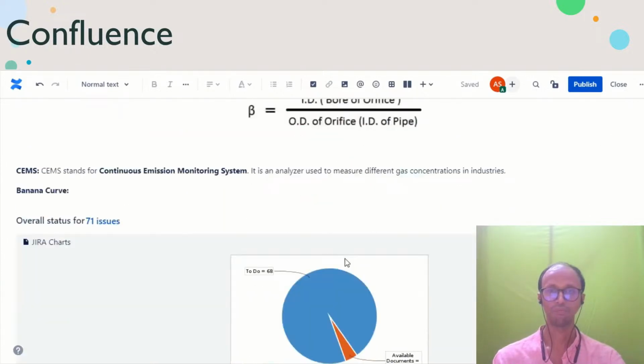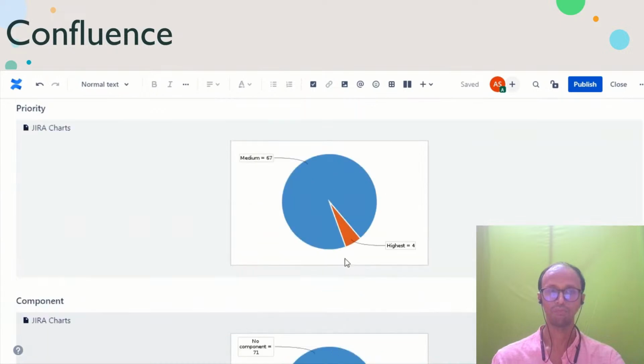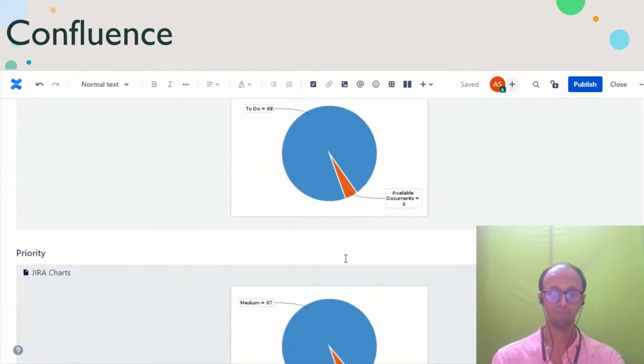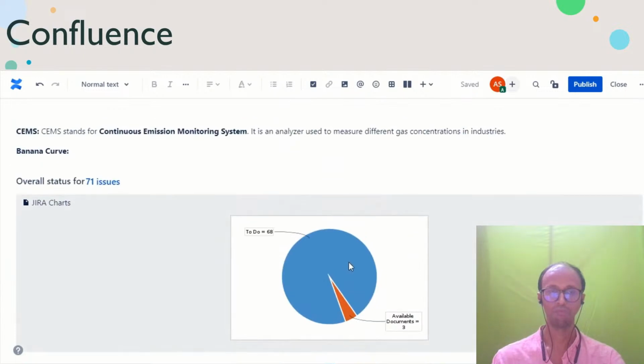So I hope with respect to project management, we can see how the interface happens. Here I have used Lucid Charts, here I have used Agile Project Management or JIRA. Here I am able to see how I am able to share the data. And if there are any software or any tools, they can be integrated